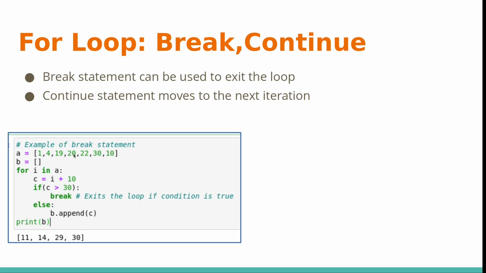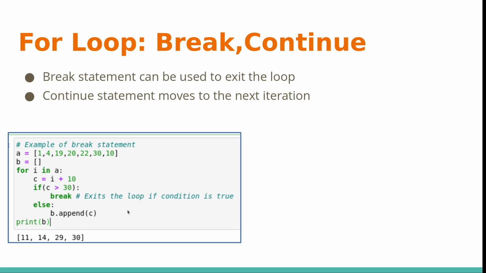Once it goes to 20, 20 plus 10 is 30. Again, if is not valid because C is not greater than 30, it's just equal to 30. So again, it appends it. And then when it gets to 22, 22 plus 10 is 32. 32 clearly is greater than 30. So it'll break out of the loop and go to the next statement, which is print B, and prints these